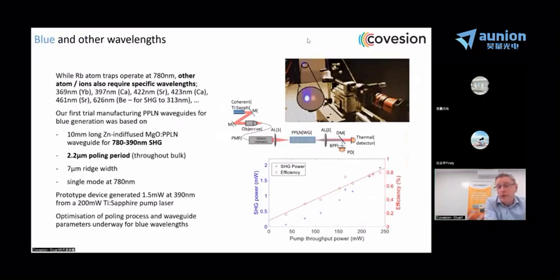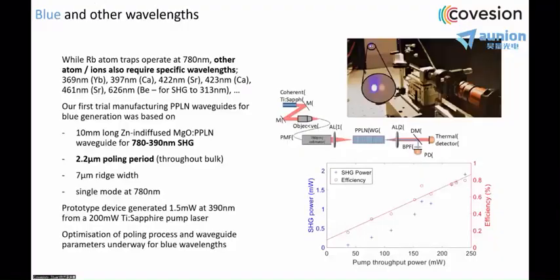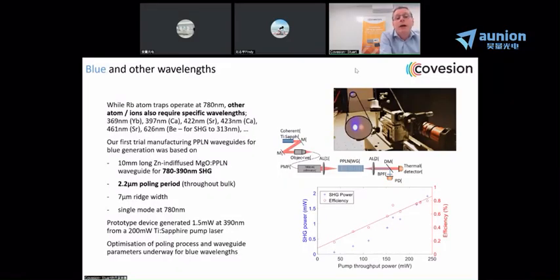Everything I've talked about there is dealing with the generation of 780 nanometer light for rubidium trapping. Obviously, there are other wavelengths that are of interest. There are many applications for other ions and atoms, both in quantum sensing and quantum timing. Currently, we're working on